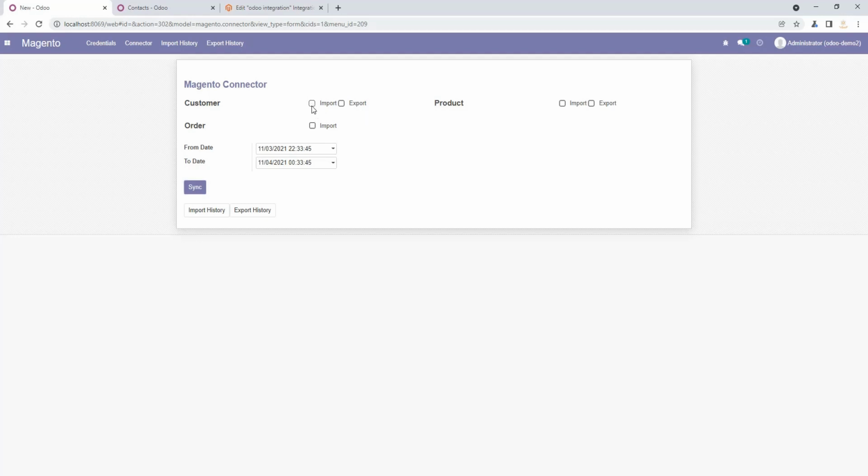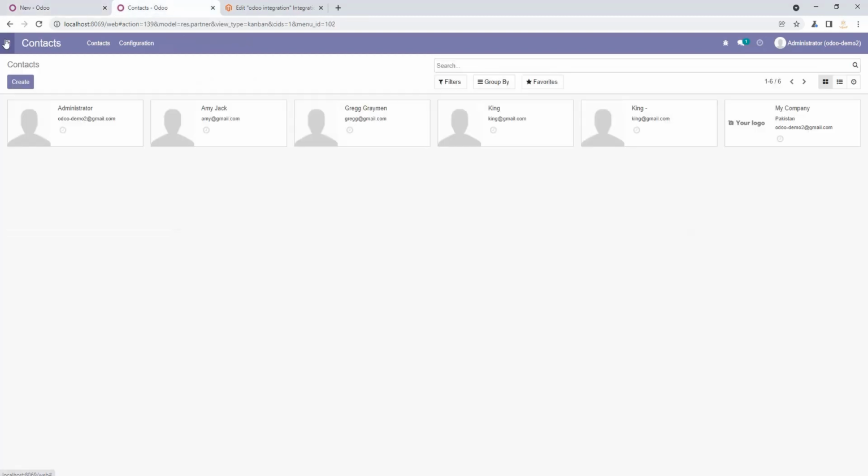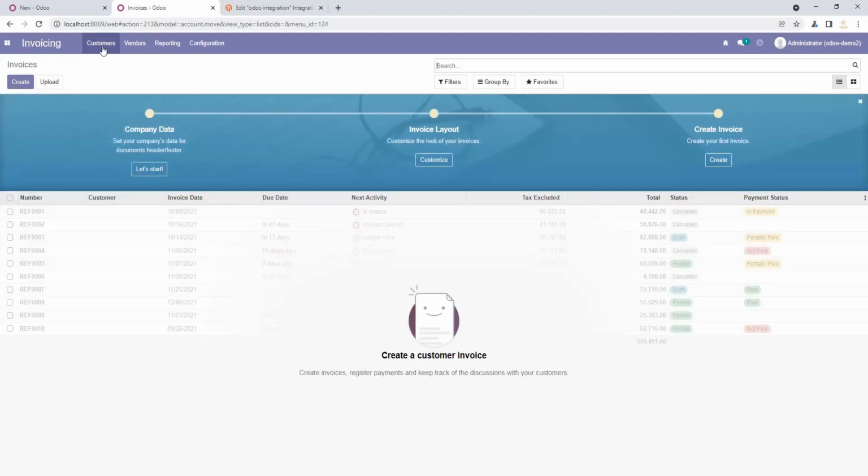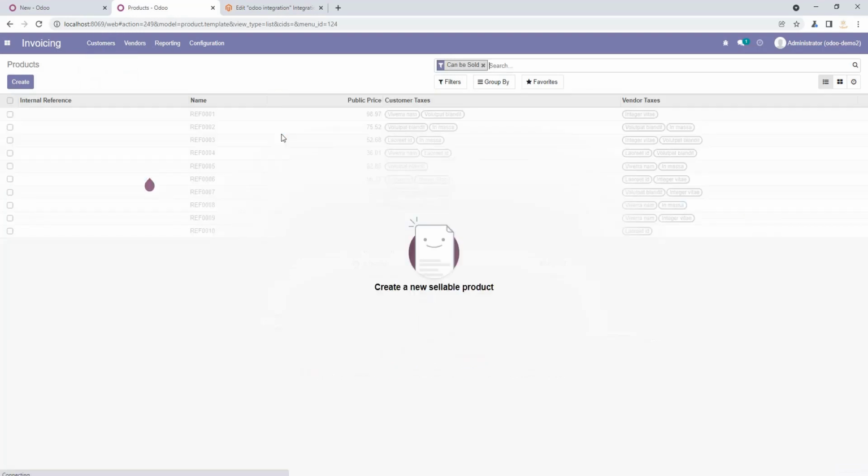So move on to the next one, which is the product. We will add a new product. I'm going to the invoicing module, then customers and products. We will add a new product which will be exported to Magento 2.